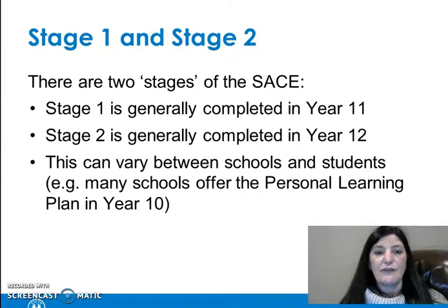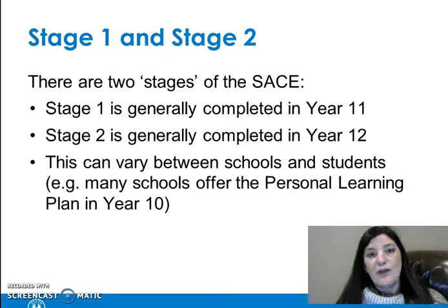There are two stages. Stage 1 is usually Year 11 and Stage 2 is usually Year 12. However, we can be a bit flexible with the way we do things, and quite often students will have an individual pathway that doesn't quite fit that pattern. We offer PLP in Year 10 at Kapunda High School, and so you're undertaking your first SACE subject now. It's worth 10 points and the grade that you achieve will be on your SACE certificate when you finish it